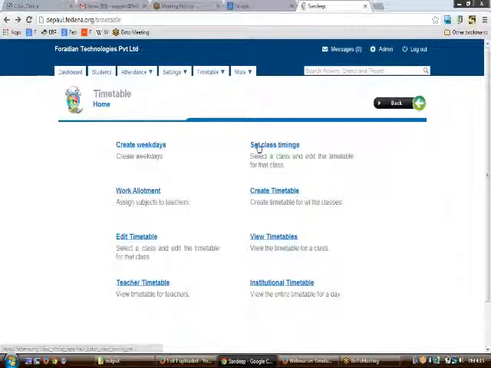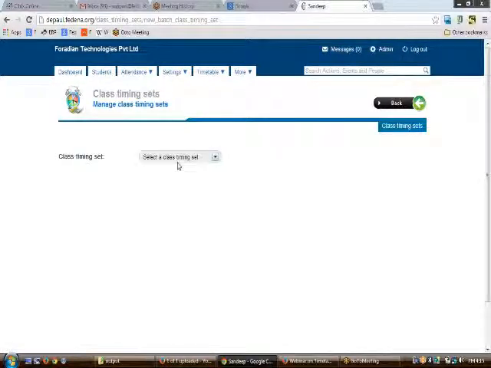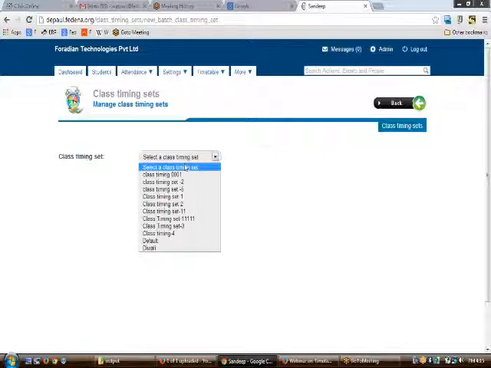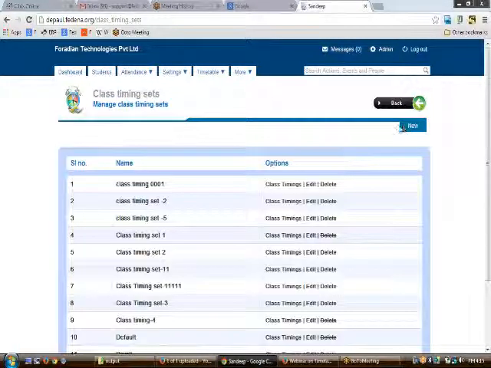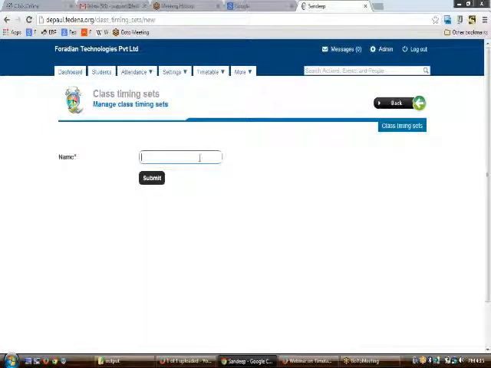Now moving further, we need to click on set class timings. In set class timings, you need to have different class timing sets. So let us say you want to create a new class timing set with the name, let us say, class timing set for the month of November.